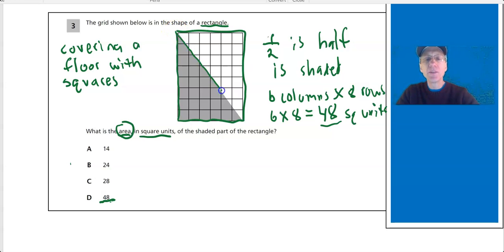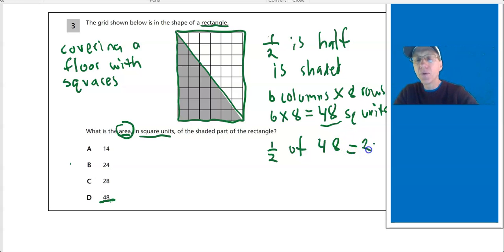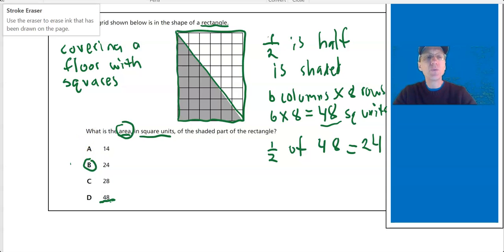So then half of that, what's 1/2 of 48? Okay, and you could do long division, or you could just kind of guess that 1/2 of 48 is 24. Okay, there's one way to get it. Just simply take a look at the total number, then take half. What's really interesting is that is where the formula for a